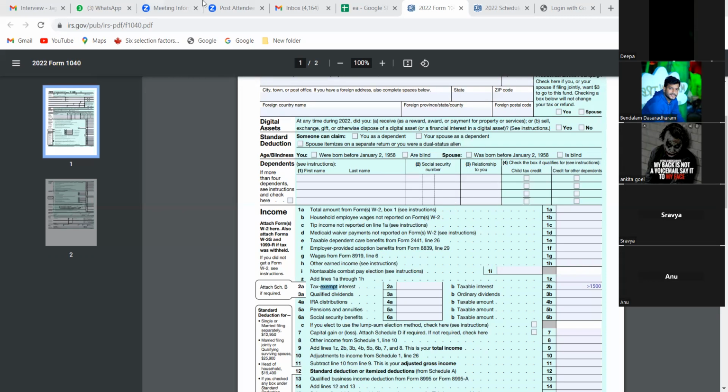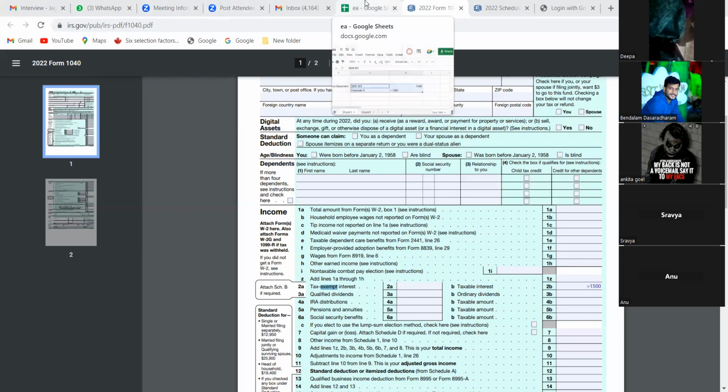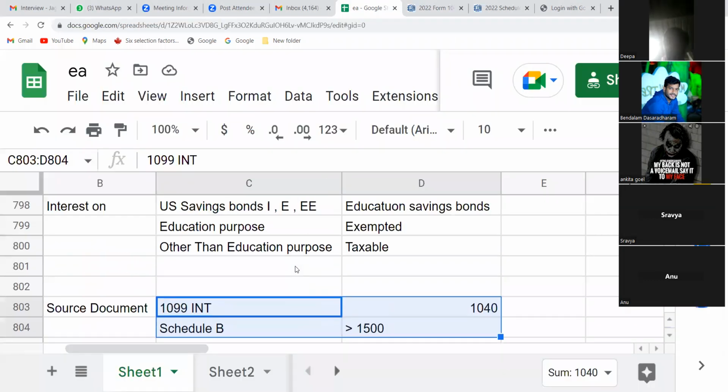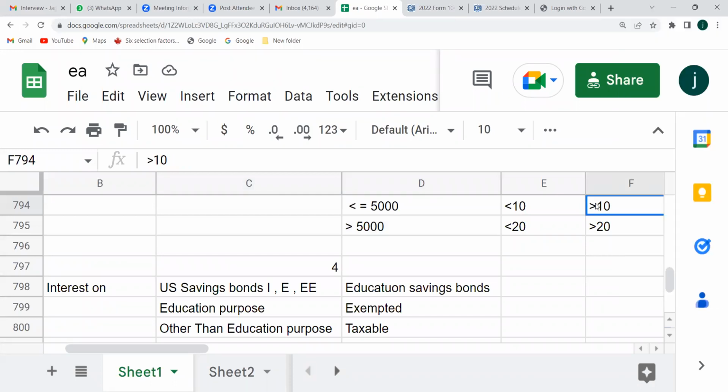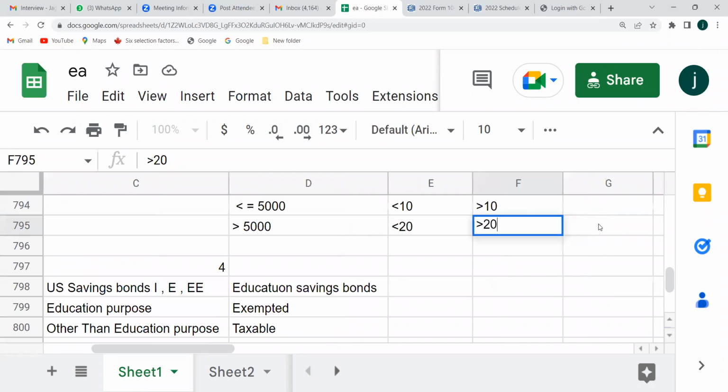And in case you are making a deposit for the first time in a bank, and that is up to $5,000, and the gift which you are receiving from the bank is up to $10, both cumulative conditions, then it is exempt. But if you are depositing more than $5,000 and in return you are getting a gift from the bank, say $20, both the cumulative conditions are not satisfied, then it will be taxable.